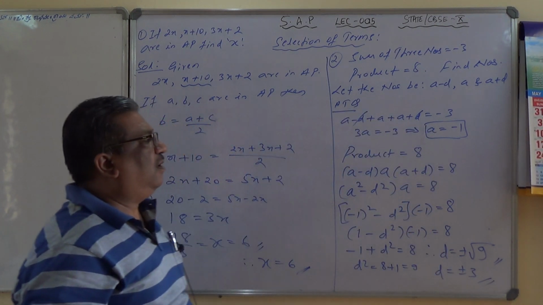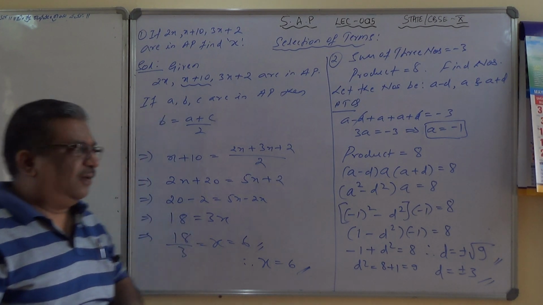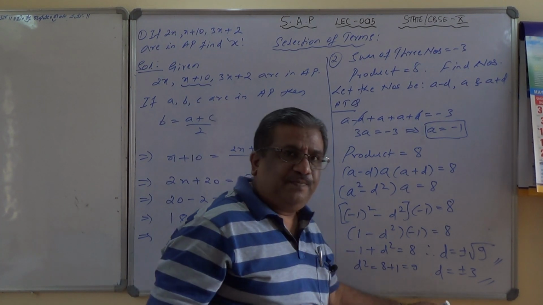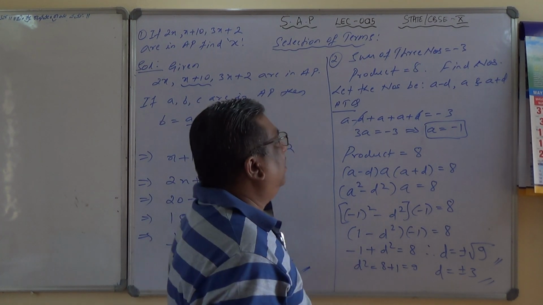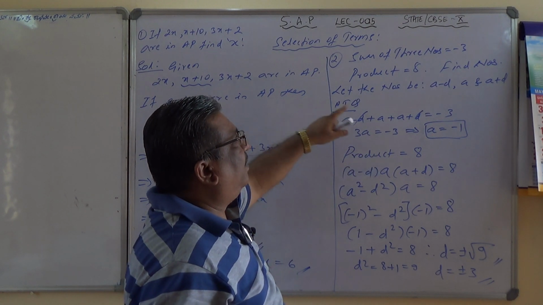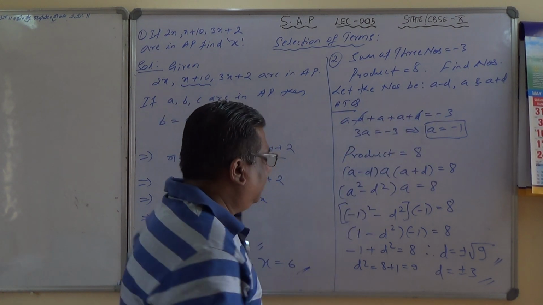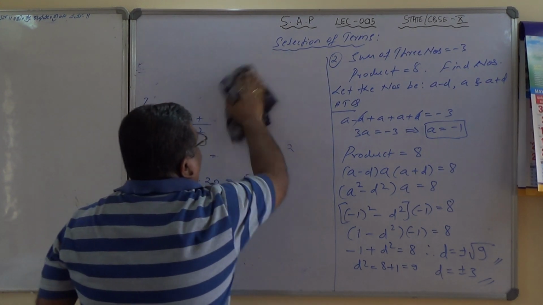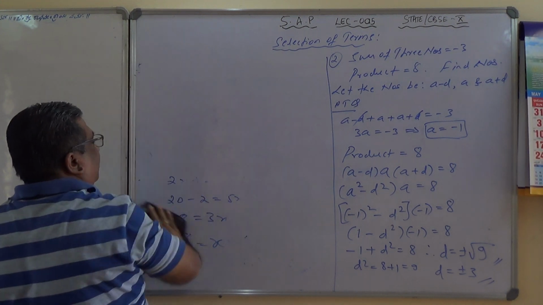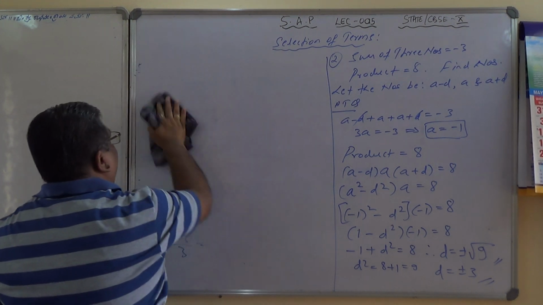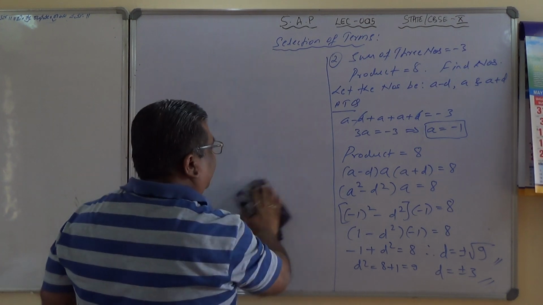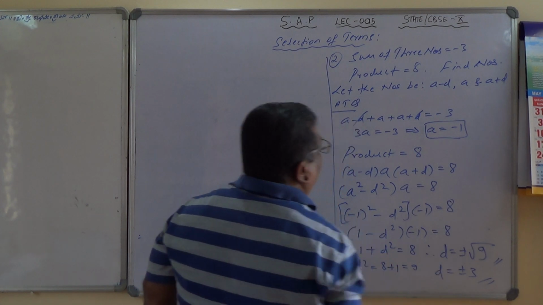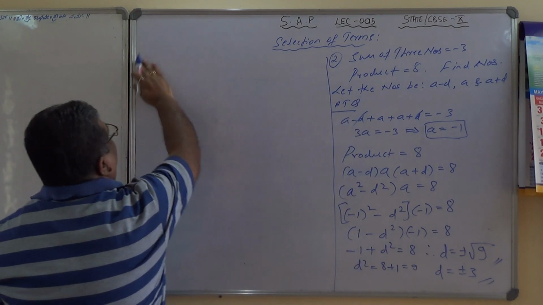So this is how we have to solve based on the selection of the terms. Note it down. So you have noted down, I believe, up to this. So finally you got d here. Did you get a here? In order to find the numbers we require a also. So let us find a also and then the numbers. I just stopped because earlier I thought only we have to find the common difference. No, we have to find the complete numbers here. Oh, already we have found a also, d also, and therefore I can now find the numbers.